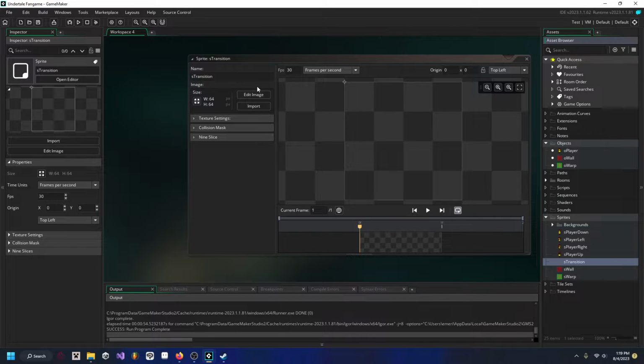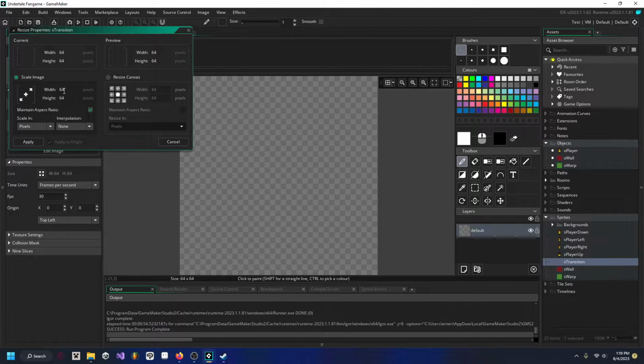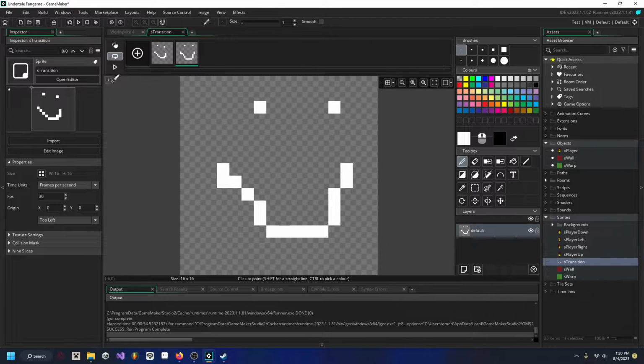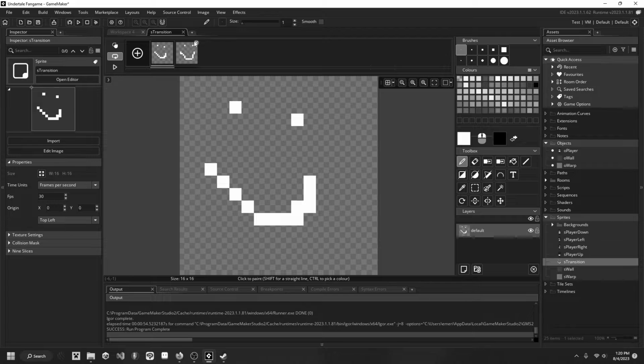So what we want to do is set the width and height. Right here is where you set the width and height, and the width is going to be 16, the height's going to be 16. Okay, so what we're going to do is make an animation from white to black. You can see here this is one frame, and if we press plus, that's another frame. Like we did in the first episode, we can animate things, but in this we're just gonna animate a